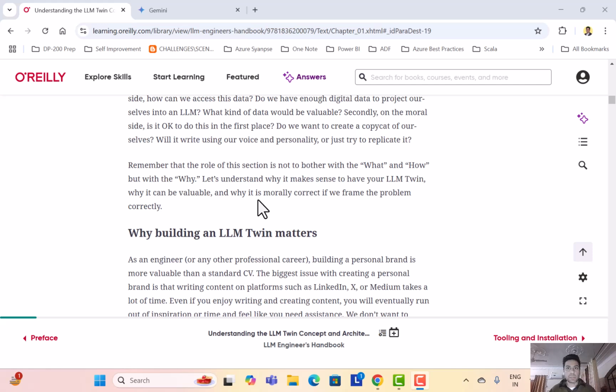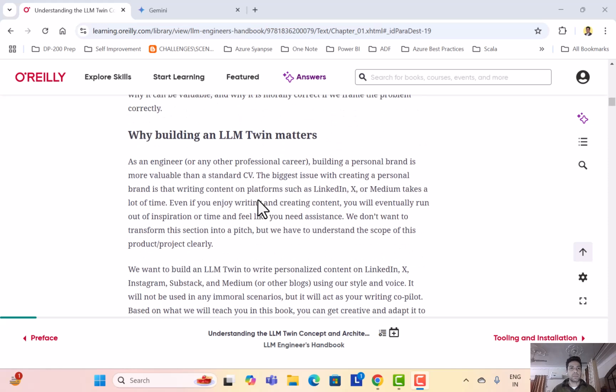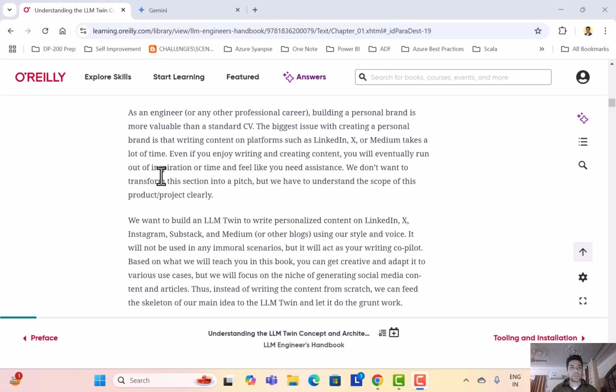Why building an LLM twin matters. As an engineer, building a personal brand is valuable, but the biggest issue with creating a personal brand is writing content. Even if you enjoy writing and creating it, you will eventually run out of inspiration or time. So this is interesting.